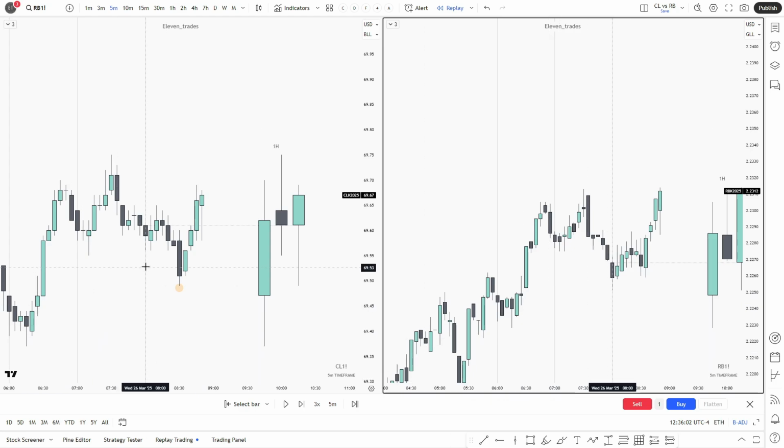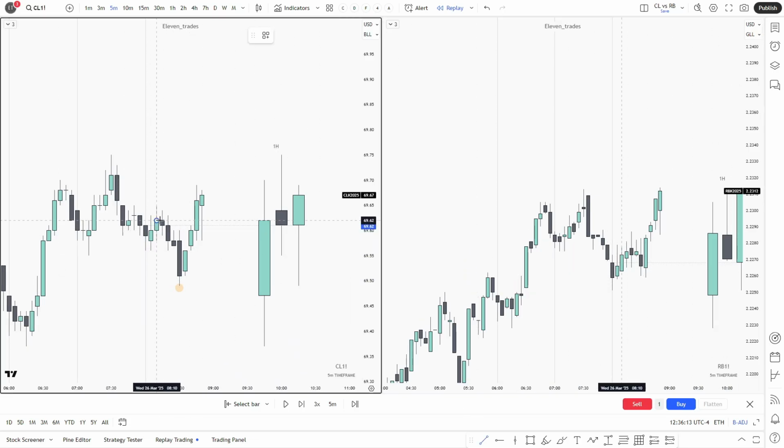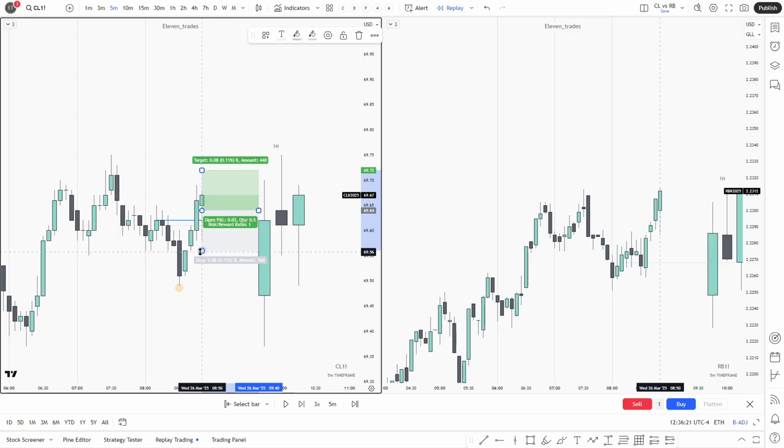Now here on the 5 minute chart, you can see we have SMT divergence at this low. The CL is taking this short-term low and the RB is creating that higher high. Now we need a closure above the down close candle, which creates that SMT divergence. So this is our change in state of delivery. I enter at the next candle somewhere right here, and my stop loss below the body lows, and I targeted